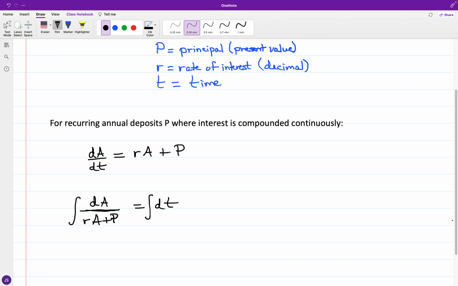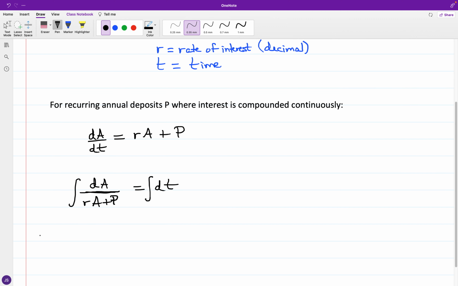And for what we have in terms of the antiderivative, just to step over to the side here, you have dA over rA plus P. And we looked at integrations, we had the reciprocal of binomial expressions where we did not yet use substitution, but this is going to be one of the cases where we will. So we have letting u be equal to rA plus P